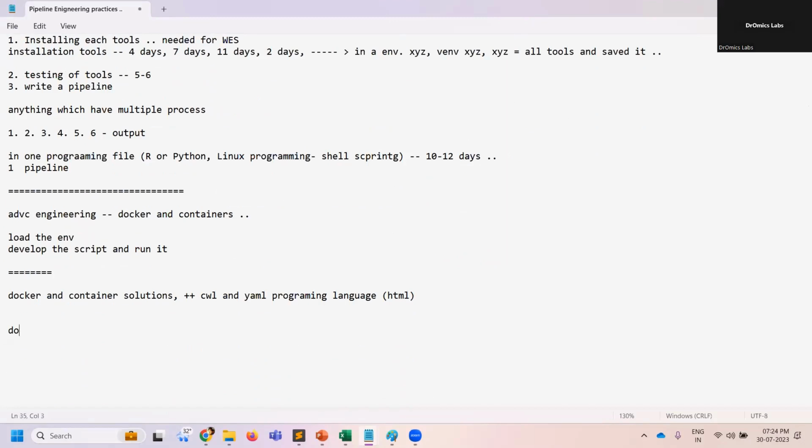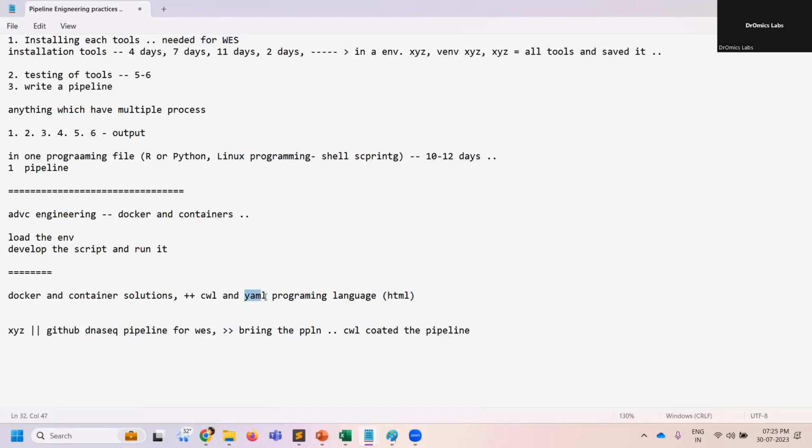you are going to have an environment, right? If you remember, this is an environment. I went to GitHub. On GitHub, I searched for the pipeline for whole exome analysis. I got it. I brought the pipeline and, using CWL, I coded the pipeline. It means the pipeline that I got from GitHub should have multiple steps, right? So for each and every step, I created one parameter, one variable using CWL.